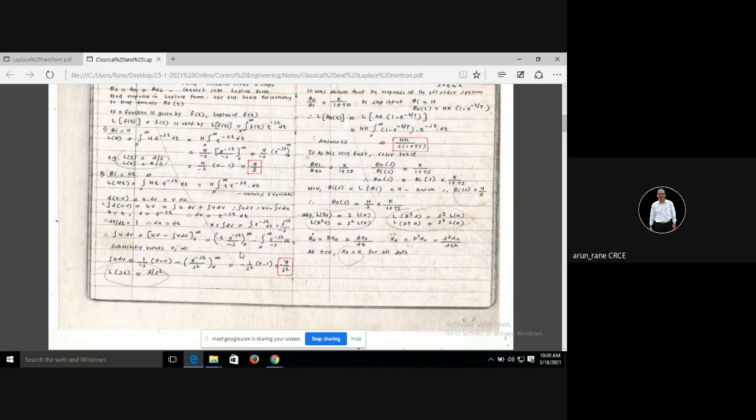Now here you substitute. e raised to minus st will be 1 by e raised to st, so 1 by infinity, that will be 0. That is the first part. And for the second part, when you substitute 0 here, you are multiplying by 0, so the second part also becomes 0. From here you can go directly to this part, and then substitute 0 and infinity. So here you are getting 1 upon minus s into bracket 0 minus 0.